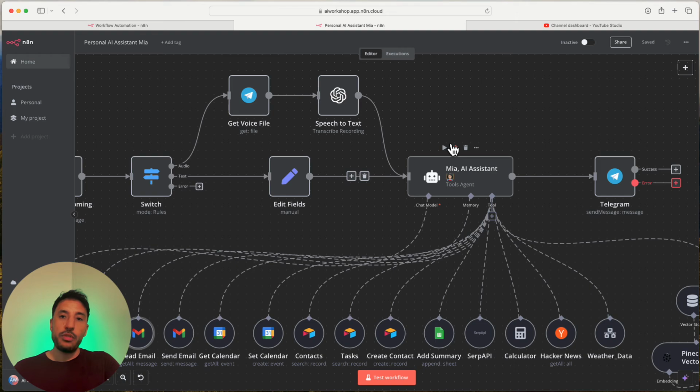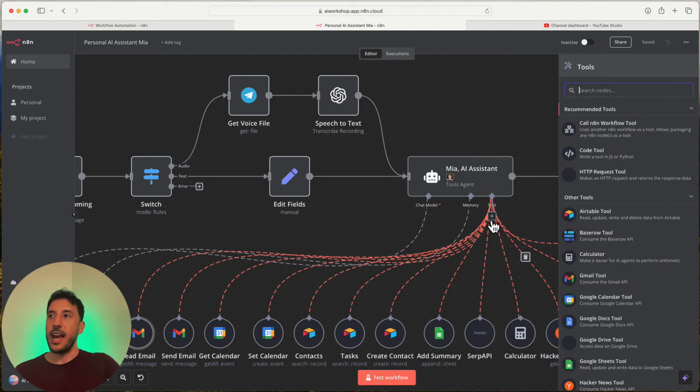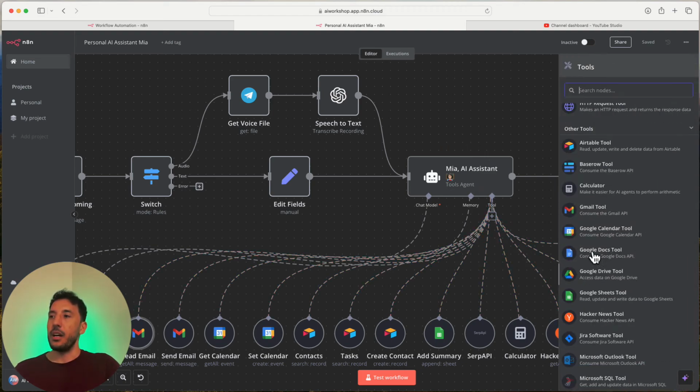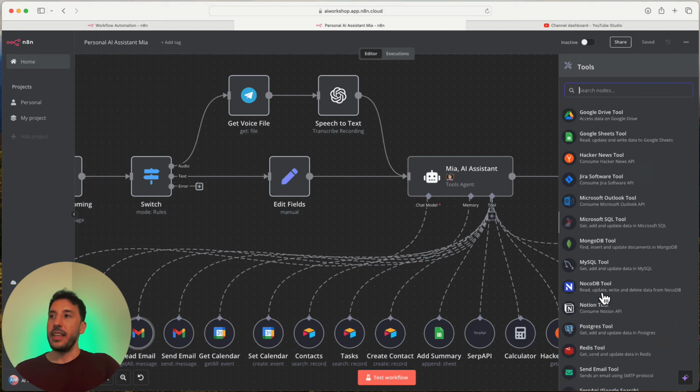In a lot of the demos and tutorials that I have done, I've used a tools agent because, like I said, even for live clients that I work with, the majority of the time the AI agent that I'm using is always the tools agent. So that's why you can see how robust and how useful this is. I would imagine even for your use case, most of your workflows that require an AI agent will use the tools agent, and I'm pretty sure N8N is going to further increase and add additional functionalities that you can attach to this AI agent via this separate tool library that they have now.